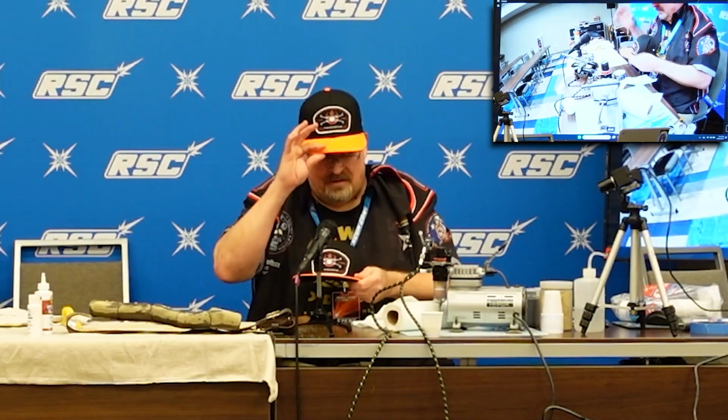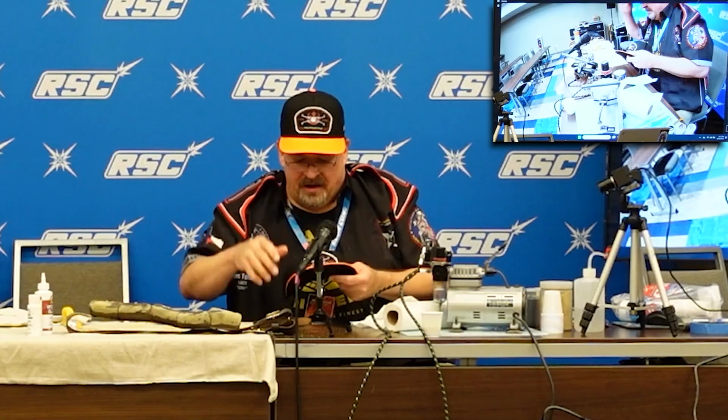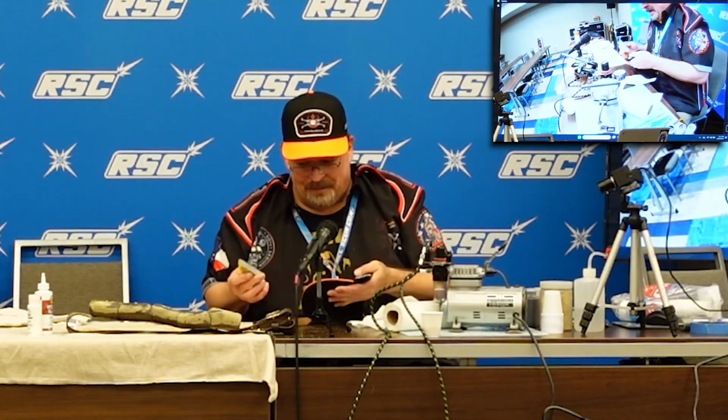You'll notice I'm fond of this hat, but it's also very much Rebel Pilot orange, traffic cone pilot if you want to think about it that way. And so I didn't want to mess up the one I just bought, so I bought another one I could show you guys with, because I will be honest with you, I didn't know I was doing this panel until I got here this weekend. So I knew I had the bandolier with me, and I knew I had these gloves with me to talk about a little bit,